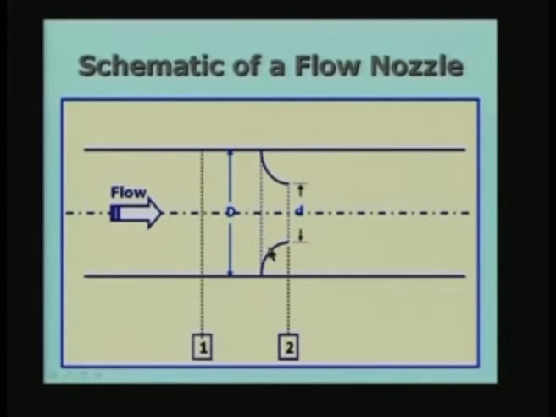So, here again what you see is that I am measuring the pressure at section 1 and the pressure at section 2, which may be at the exit of the nozzle or some other specified location, and we measure the pressure difference and again relate it to the volumetric flow rate. Again I have used the same symbols: capital D for the pipe diameter and small d for the smallest section of the nozzle. This is the exit section, the smallest section.